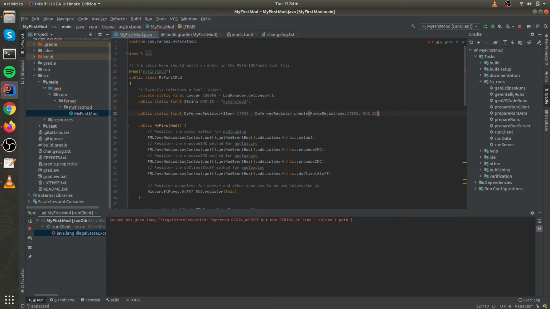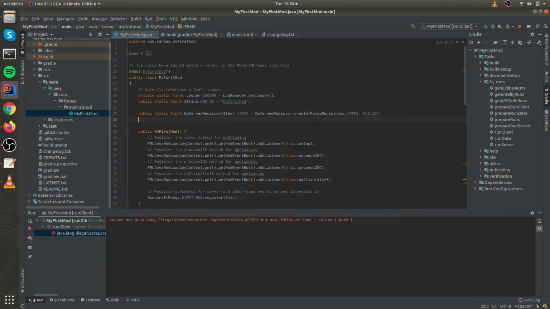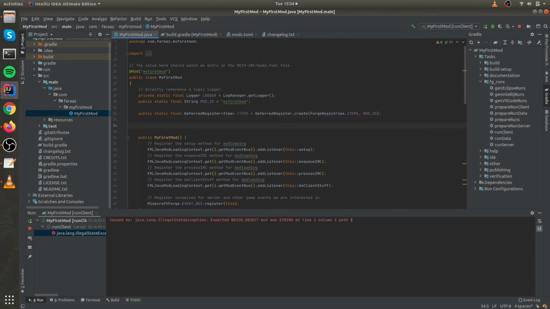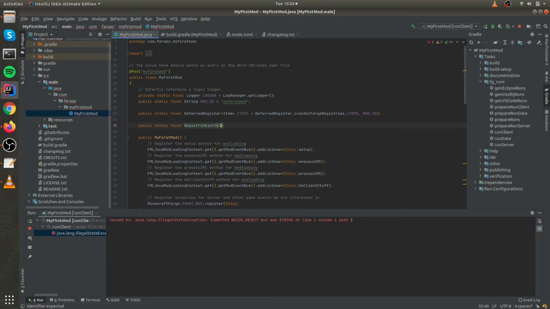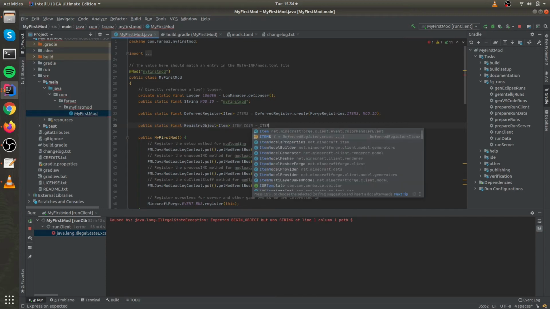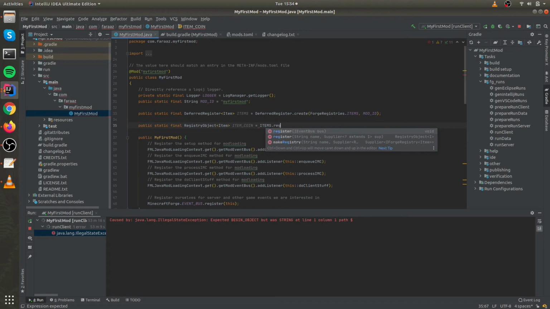Okay, and let me put that over there. So that's my register, and then the next thing we want to define is the actual item itself, that we need to register. So this is now going to be a registry object, and it's going to be of type item, and this is now going to be my item coin, for example, and I'm going to register it against the item registry,